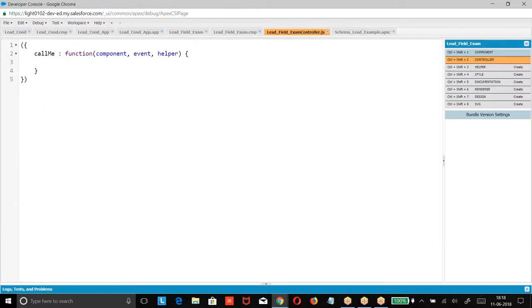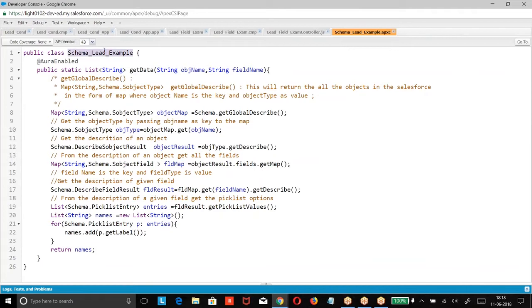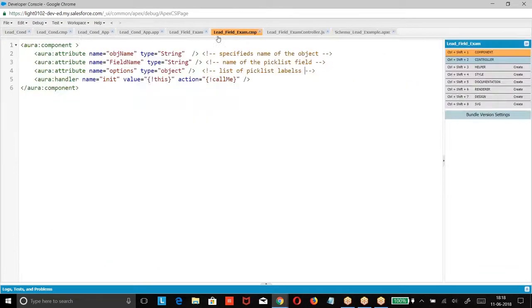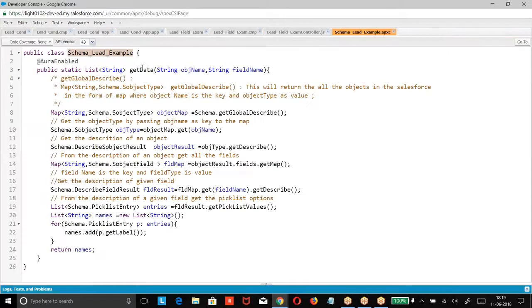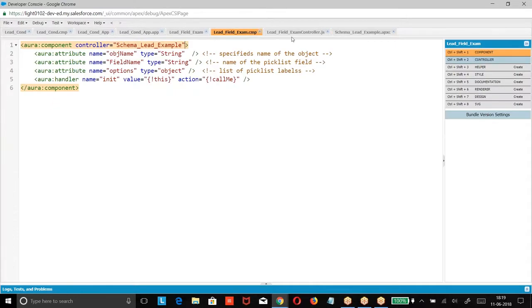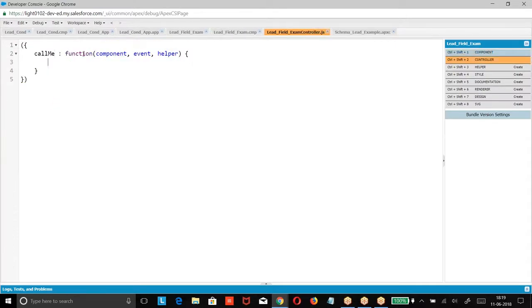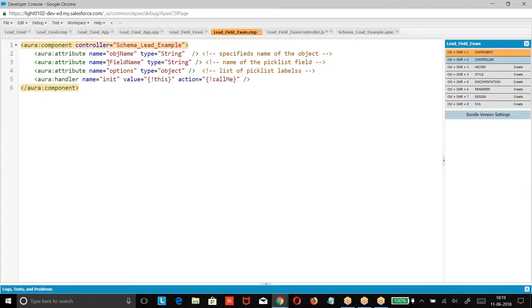Now question is, how to call this? If you want to call this method, what should I do? Go to the component, define controller equal to, right? Then what is the name of the method? Get data. Go to this first, where object name equal to component dot get off v dot, whatever the name you have given, fetch the value of that name.